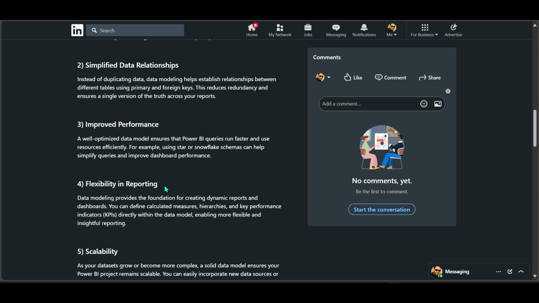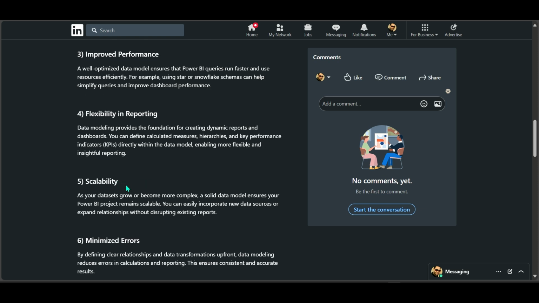4. Flexibility in reporting. Data modeling provides the foundation for creating dynamic reports and dashboards. You can define calculated measures, hierarchies, and key performance indicators or KPIs directly within the data model, enabling flexible and insightful reporting. 5. Scalability. As your datasets grow or become more complex, a solid data model ensures that your Power